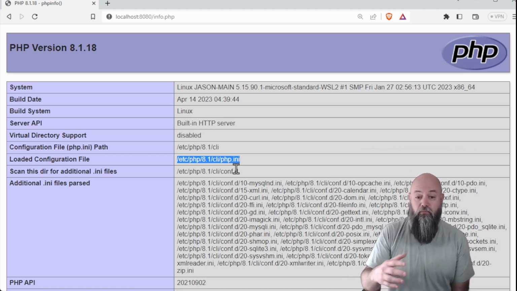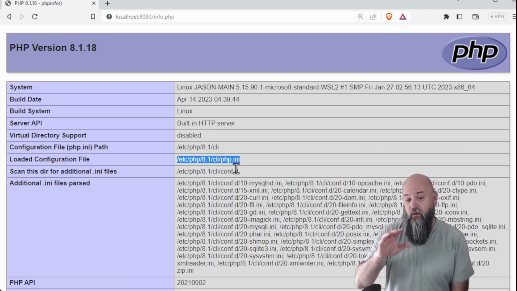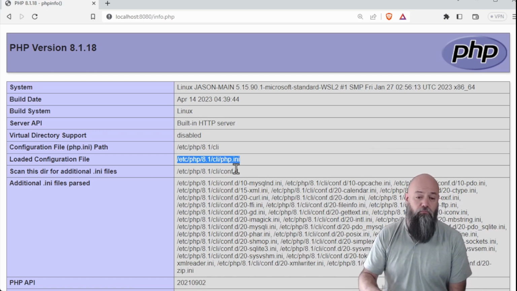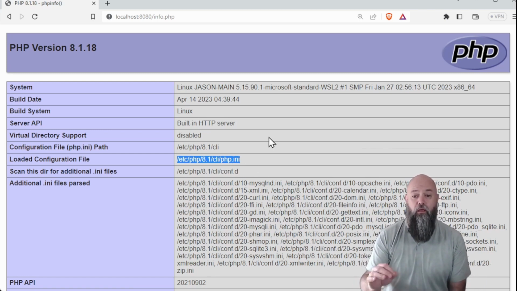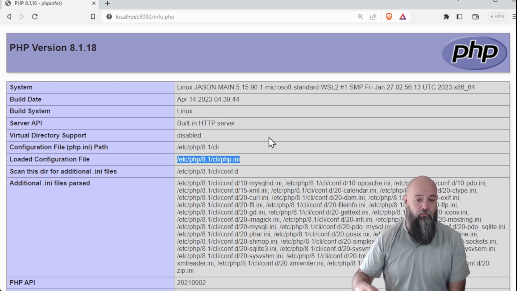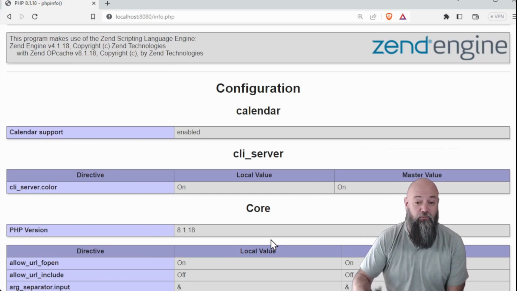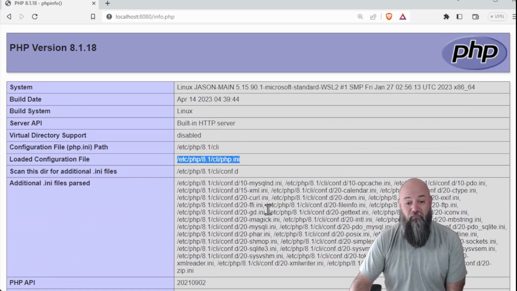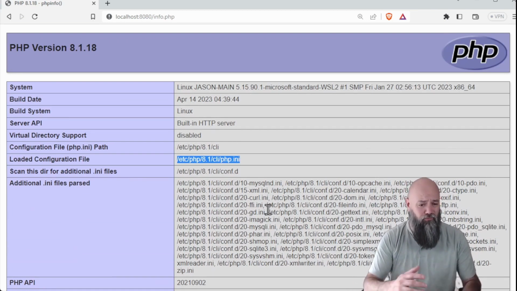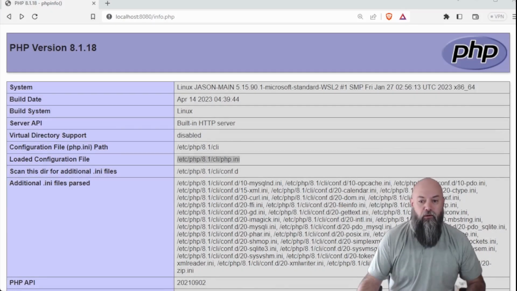So there's a lot of information in this, and it's probably pretty overwhelming, but as you become a more advanced PHP developer, you will use this page to find out about your particular PHP installation, and it helps out a lot, especially when you're troubleshooting, to figure out how to get things up and running. All right, so phpinfo working, we've got PHP up and running, but what happens if